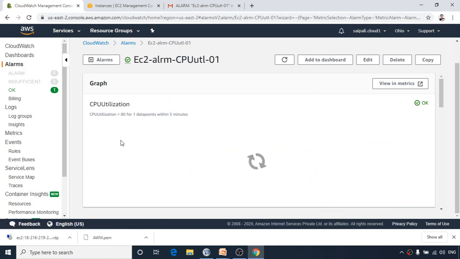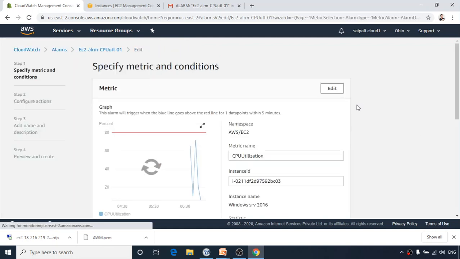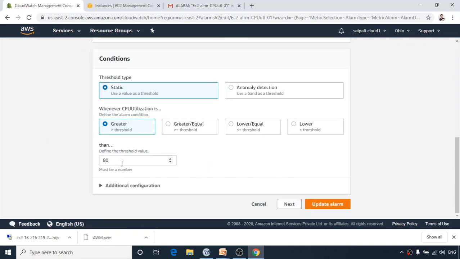Let me make the threshold a bit smaller again to see the effect of it. So I again go to edit and let's use maybe 10% or something like that. Update alarm.